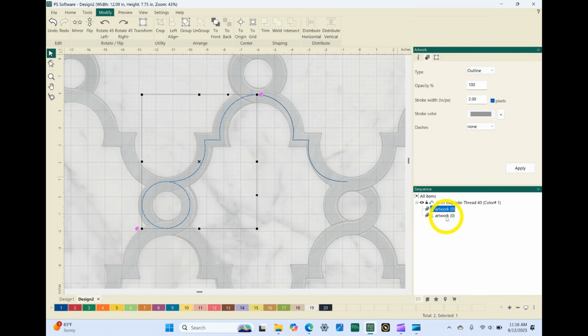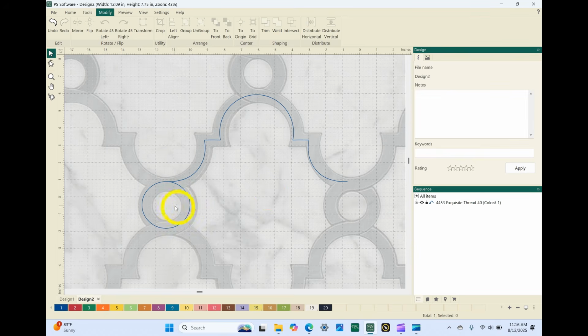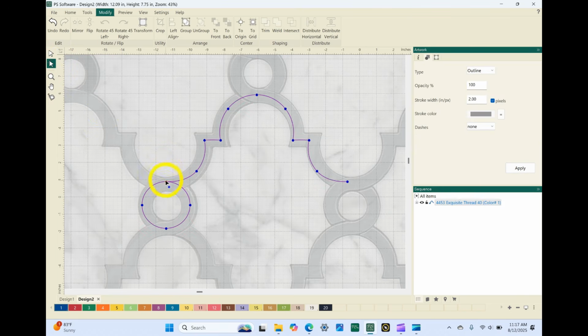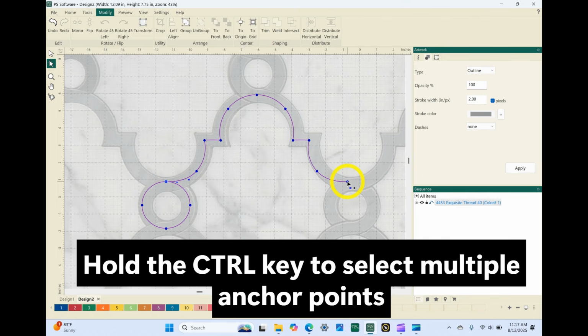So now I can go back in and select both of those, tie them together, and now I have one design that starts with a circle, comes up and over and down. Now I want to check one other thing before I start doing some repeats. So I'm going to go into my Edit tab, and I want to make sure that this point here, which should be my start point, and this should be my end point, are on the same plane. So I'm going to select that one, hold my control key down, select the next one,